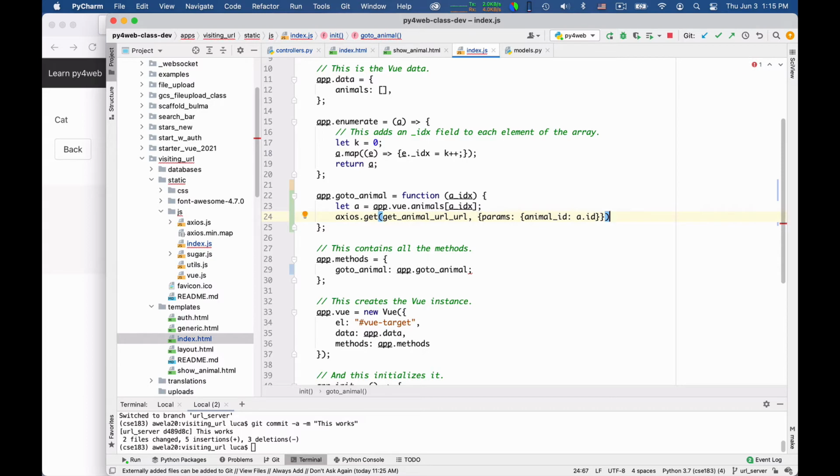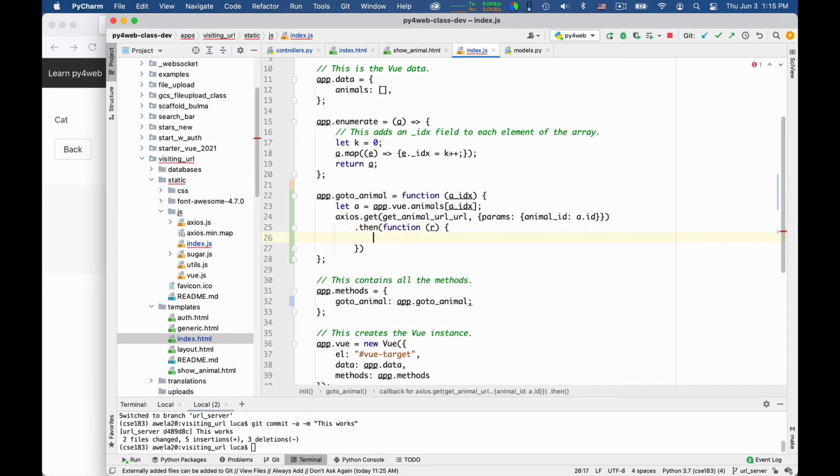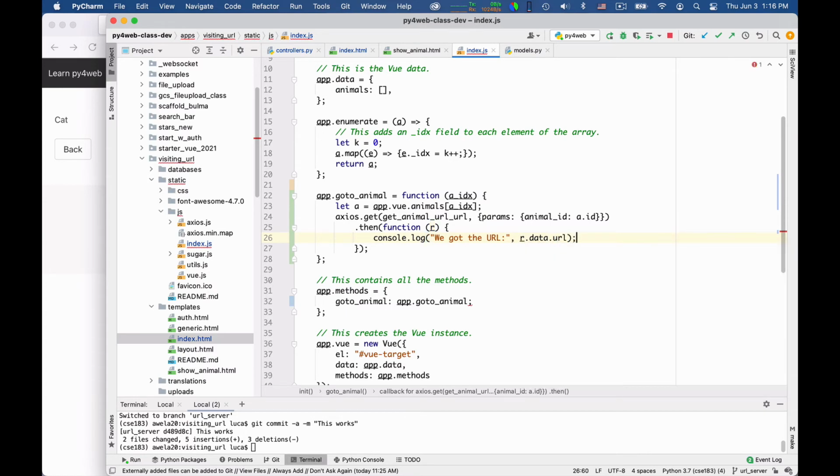Okay, and once I do this, I can say then function result, and for the moment let me not do anything with the URL. Let's simply say console.log we got the URL, and then I can say r.data.url. This will enable us to do a little bit of testing before we go on.